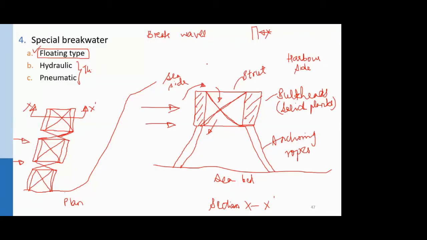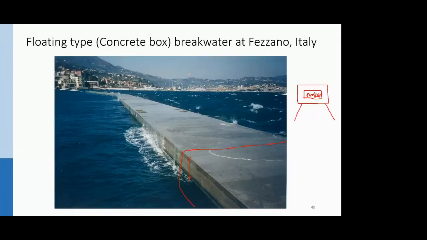So one is this way. This is the very old method, you can say, to provide a floating breakwater. But nowadays, what you have in floating type is a concrete box type of breakwater. Now, this is a bit common in European countries, mainly in case of marina harbors or small harbors where you don't have a lot of big ships, or the water is also fairly calm enough. And here also in this photograph, you can see this is the seaside. So you can see a lot of small waves and ripples over here, but this is the harbor side over here, and the water is almost calm on this side. Okay.